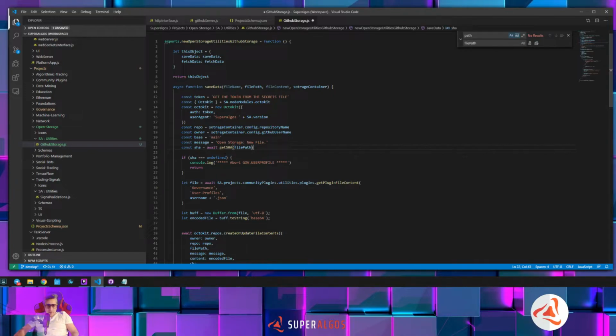And if it's not possible, if SHA is undefined, then we cannot even try to save this. So the way to deal with this would be